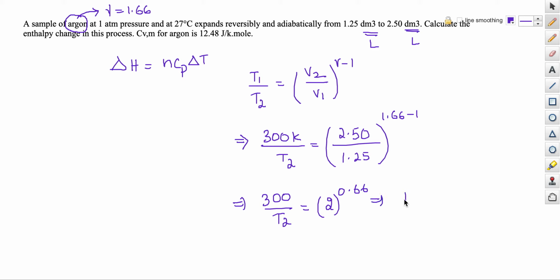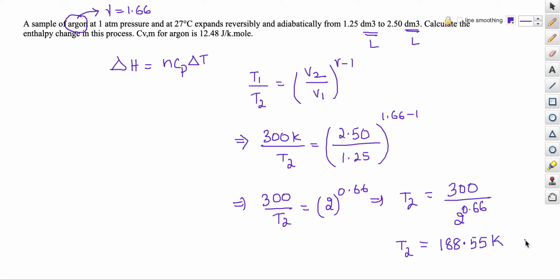So that gives T2 is equal to 300 divided by 2 power 0.66. So if we do the maths, let me do it with the help of calculator. So I got 188.55